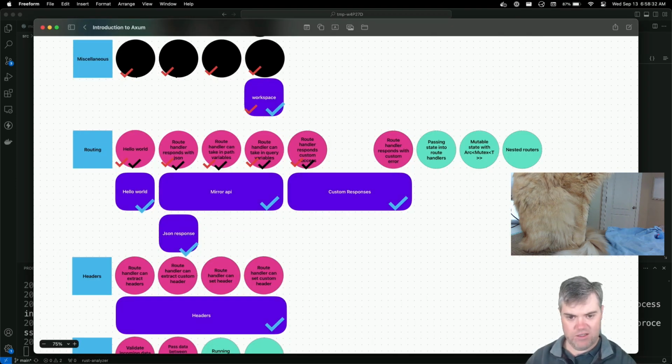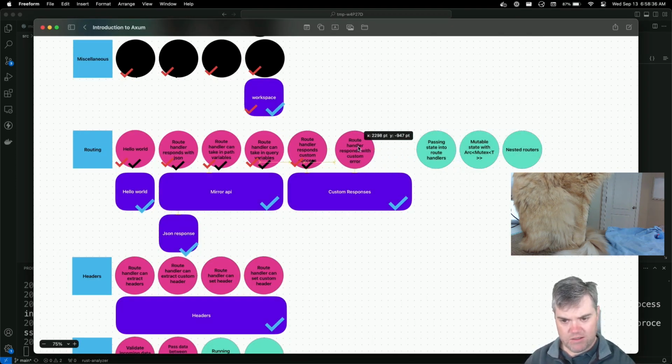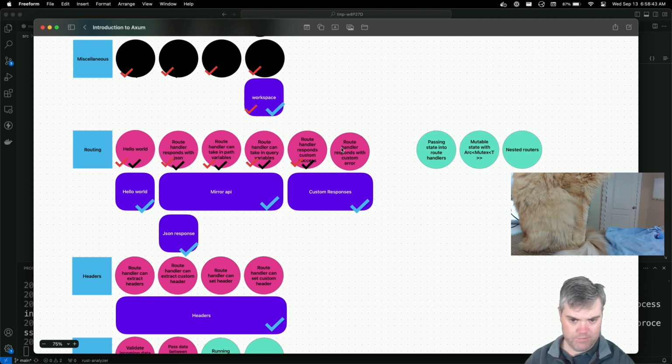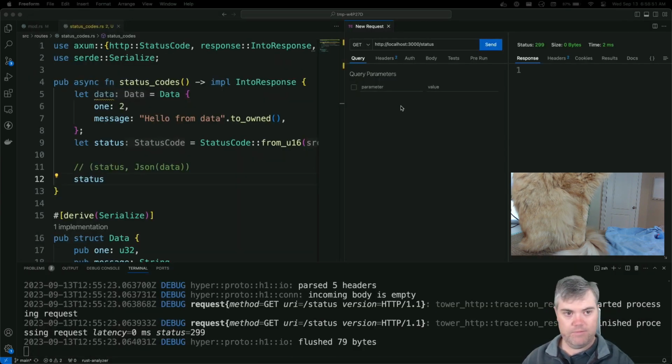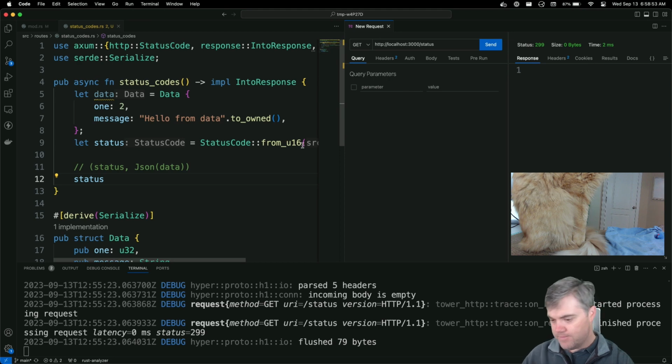Here we can take a look at what I'm working on. I think we can move this down, change you to be more like that. Custom errors. That's going to be interesting. I go back and forth on what I think is my favorite method of doing custom errors.